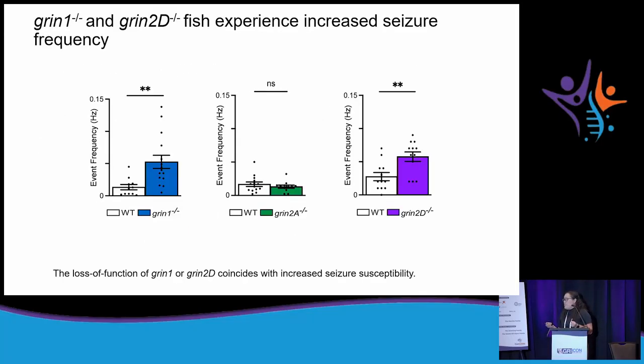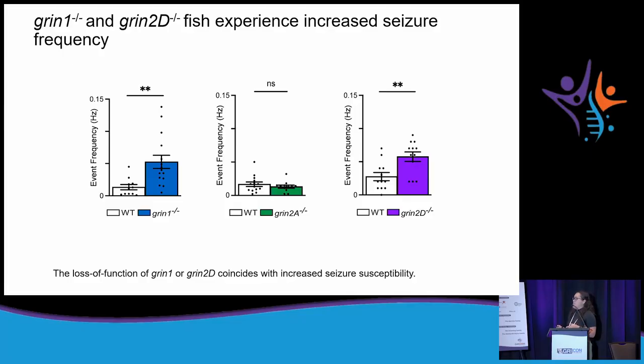And then I started doing these experiments in the mutant fish. And so far, I've only done them for GRIN1, GRIN2A, and GRIN2D loss of function fish. But my data shows that the GRIN1 and GRIN2D lacking animals experienced increased seizure frequency, which you can see here and here. But the GRIN2A fish surprisingly did not show an increase in seizure frequency. But this shows that the loss of function of GRIN1 or GRIN2D at the level of these convulsive seizures coincides